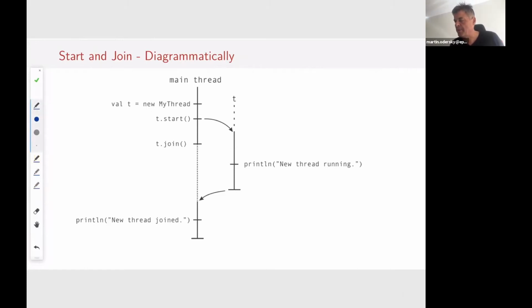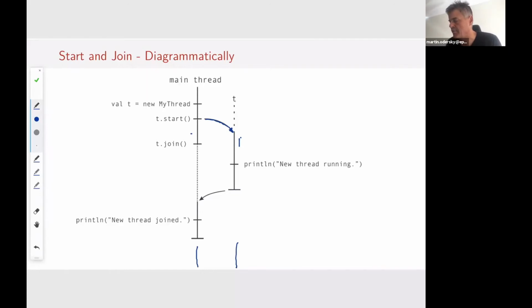Typically in these diagrams, we represent threads as vertical lines. If they're concurrent, then there are several ones. And causality as arrows. So here we have these two threads, and as long as things are on separate lines, there's no order between things. So they can execute at any speed. But if we have an arrow here, like this one, then that means that what happens here will happen after the things that happen in the main thread.